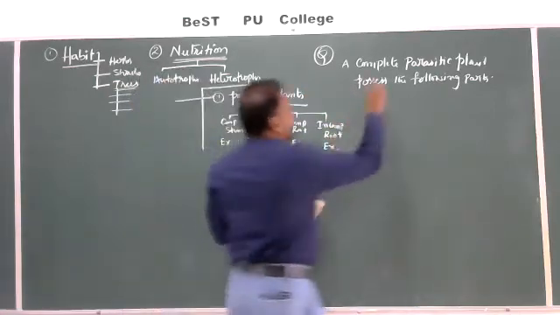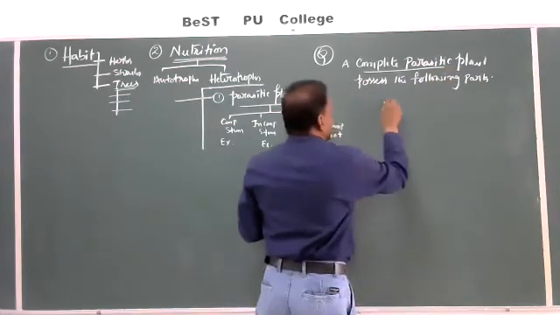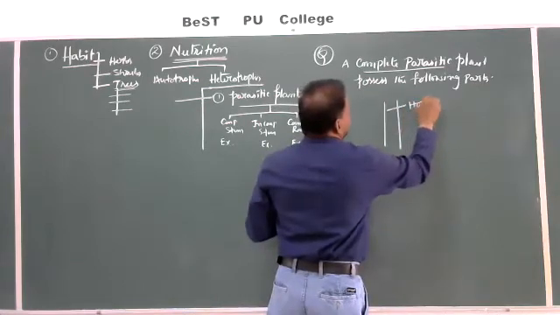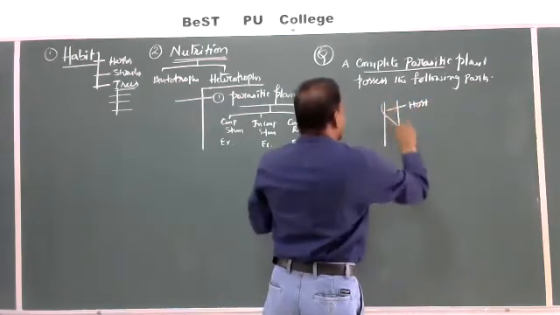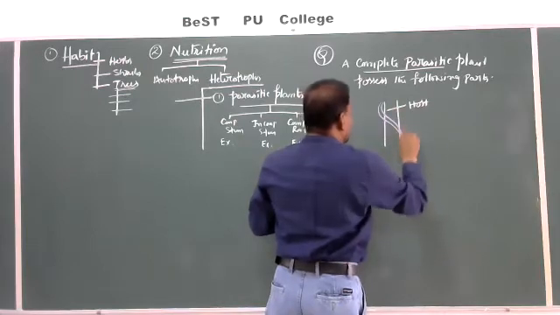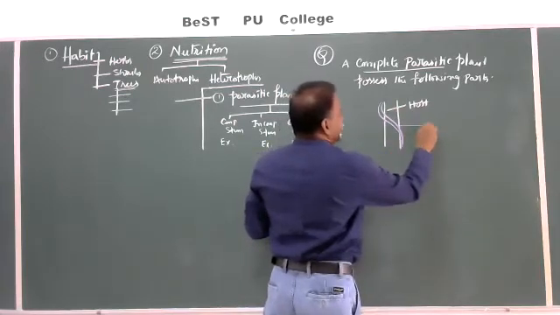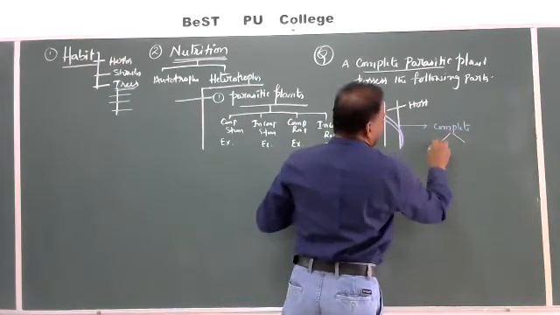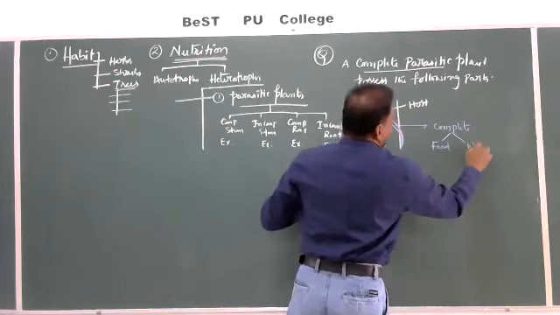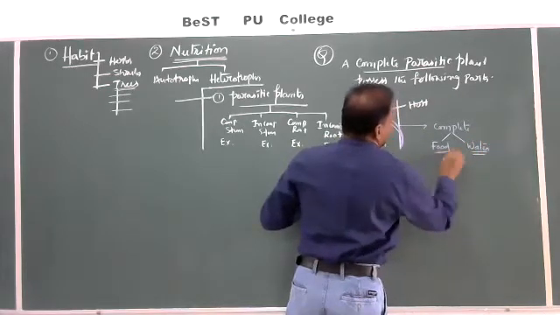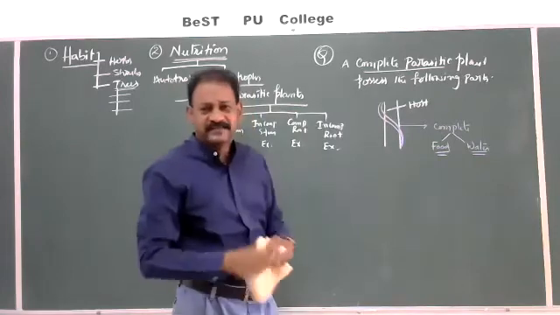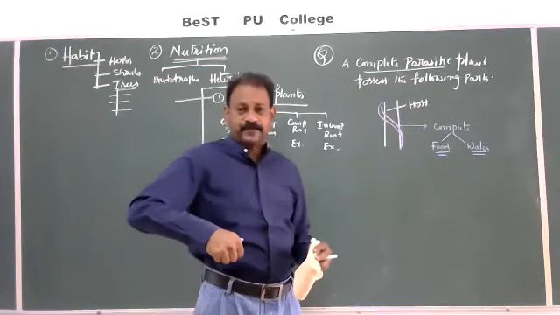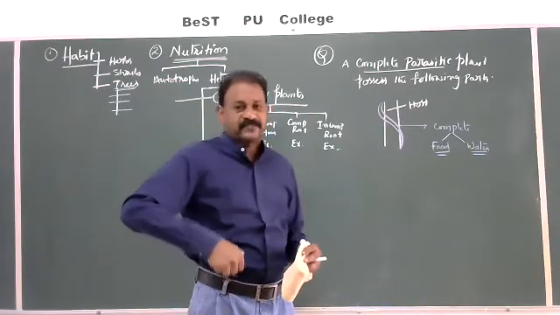Means, why are we going to call it a complete parasite? This is the host plant, host, and on this host, this is the parasite. It is growing. A parasite is called complete. It means it takes both food and water. It means generally plants will absorb water from the roots for the process of photosynthesis.